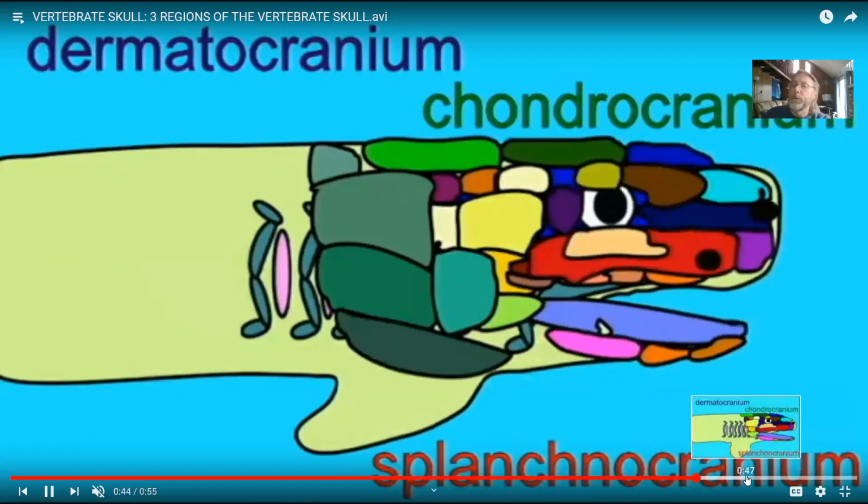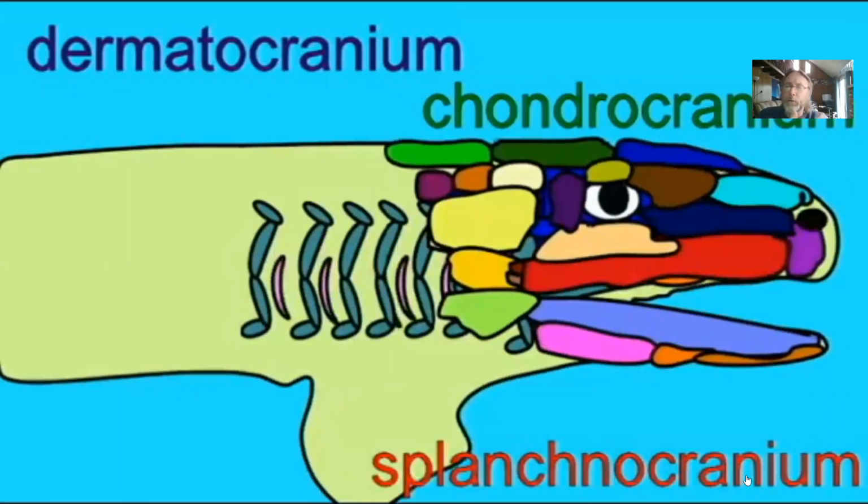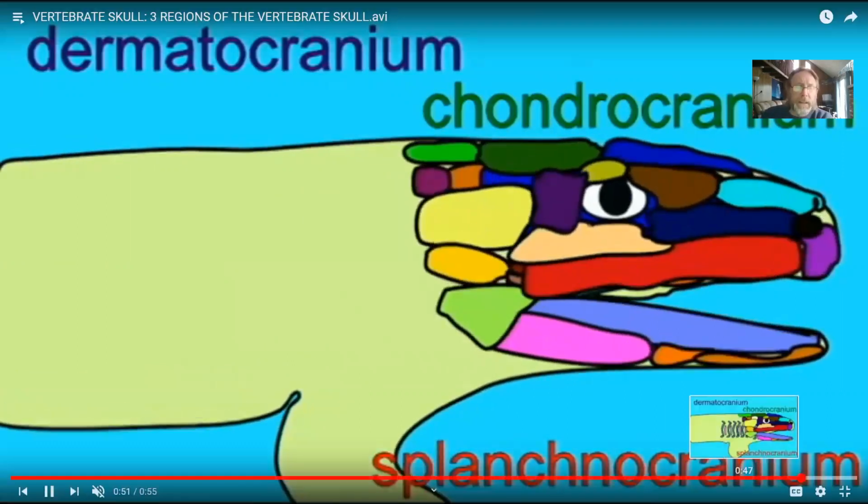And so there are these three separate regions of the vertebrate skull: the splanchnocranium, the chondrocranium, and the dermatocranium. And I'd like to discuss the splanchnocranium first, given that it was the original part of the vertebrate skull,